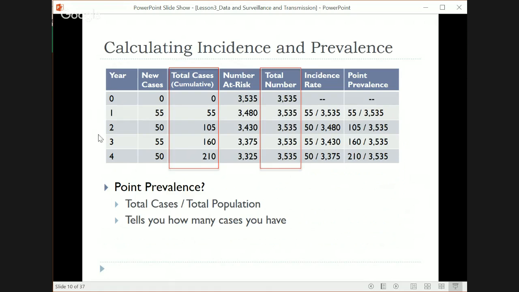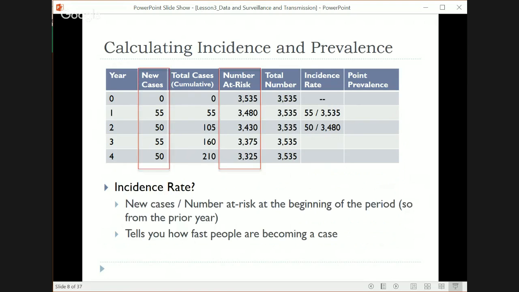Now, I think the one thing that could have potentially tripped you up or confused you is figuring out the number at risk for year 1, right? So let's go back to the incidence slide. The number at risk at the start of year 1 is 3,480. And why is it 3,480? Because you need to subtract these 55 people from your total. So you take 3,535